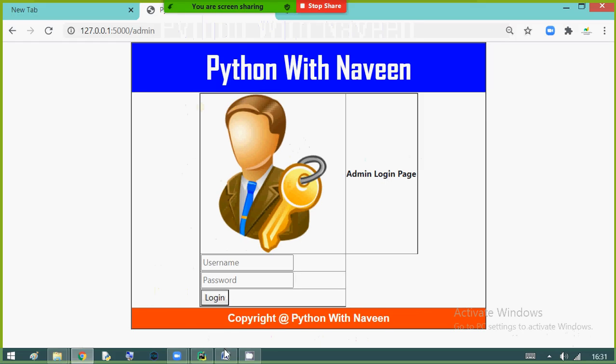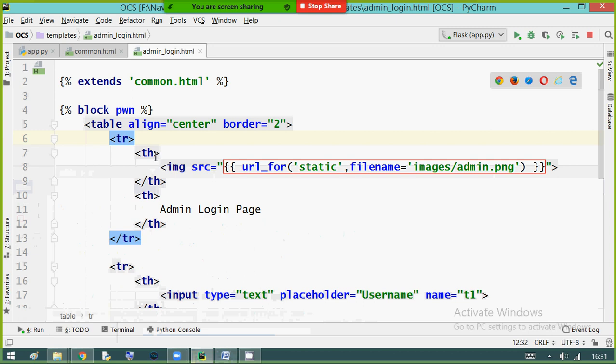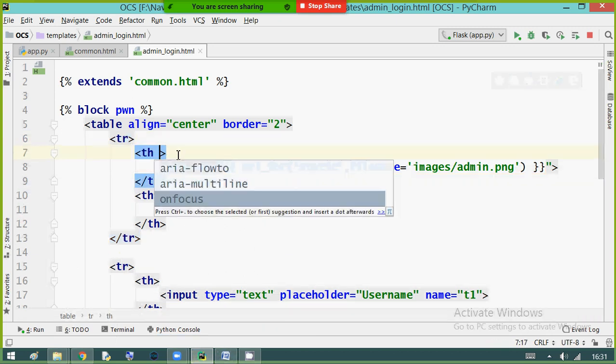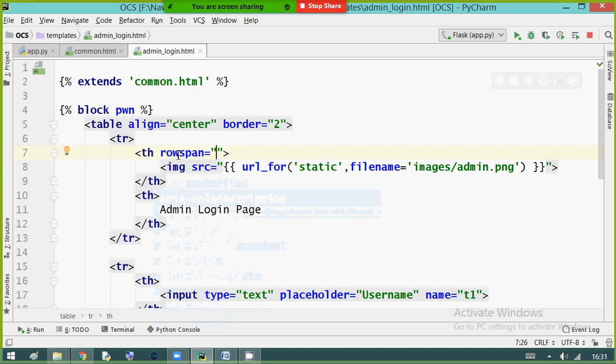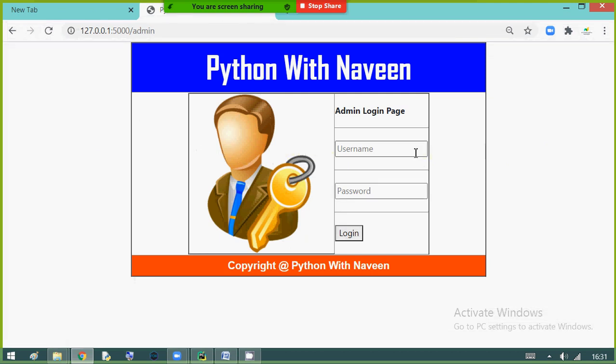So I'm doing a small change. In the HTML, I'm providing table header as rowspan, that is 5. There it is. Okay.